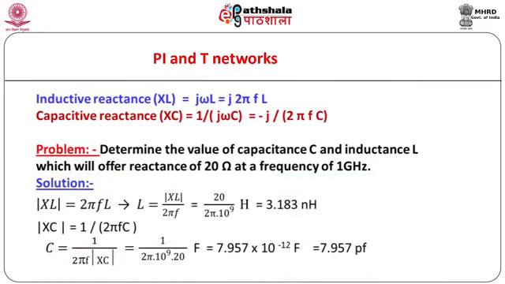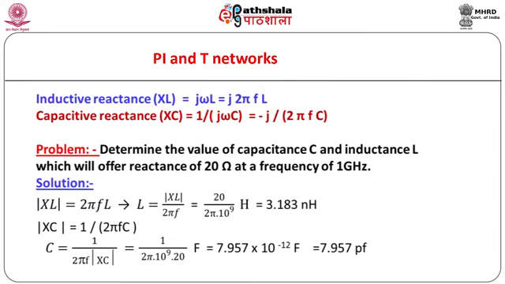In designing any passive reactive network, we need to find the values of network components, especially capacitance and inductance offering desired impedance. As a revision, let us exercise a few calculations related to inductive reactance XL and capacitive reactance XC. We know the following formulae for calculating the values of these reactances. XL is equal to j omega L and XC is equal to 1 upon j omega C.